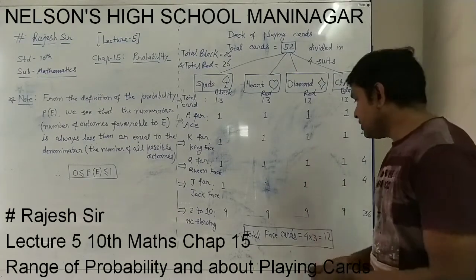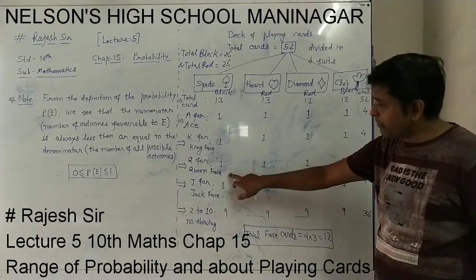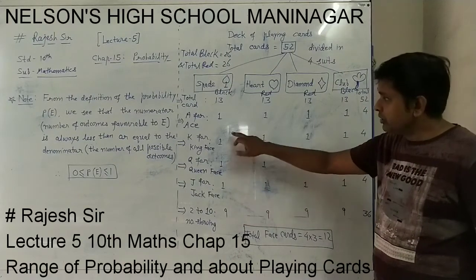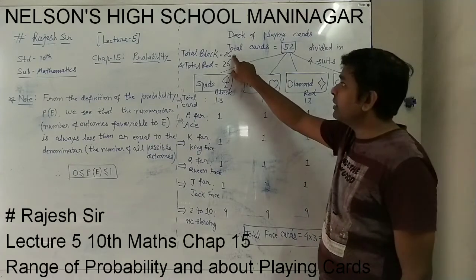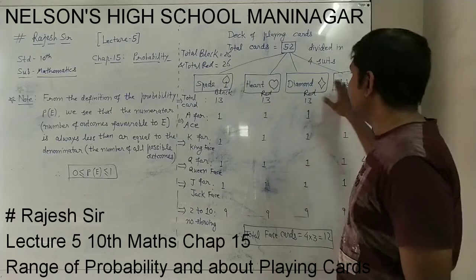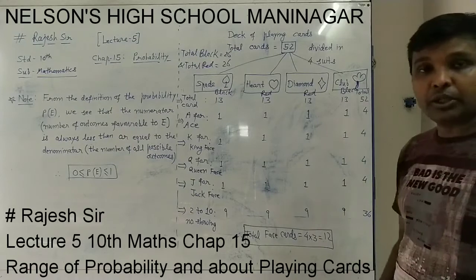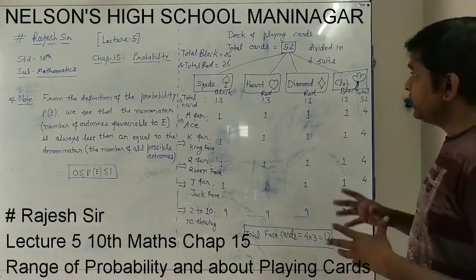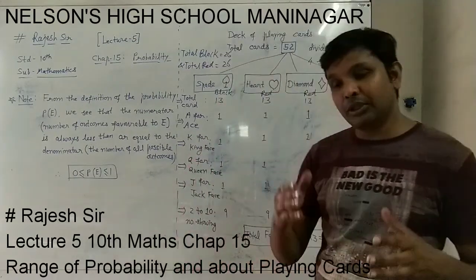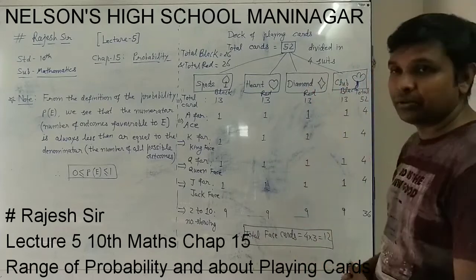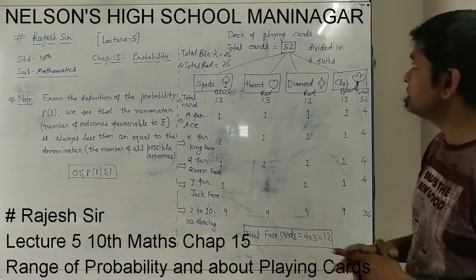So from this the conclusion is, total face cards how many? 4 of K type face card, 4 of Q type face card, 4 of Jack type face cards. So total 4, 4, 4, that is 12 face cards, 26 black color, 26 red color, 4 types, and all the information is here. You are advised to write down all this and understand it with the cards. If you have them at home, you can find and see all the cards and arrange them this way. And this concept matched with the cards, you will understand all about playing cards.